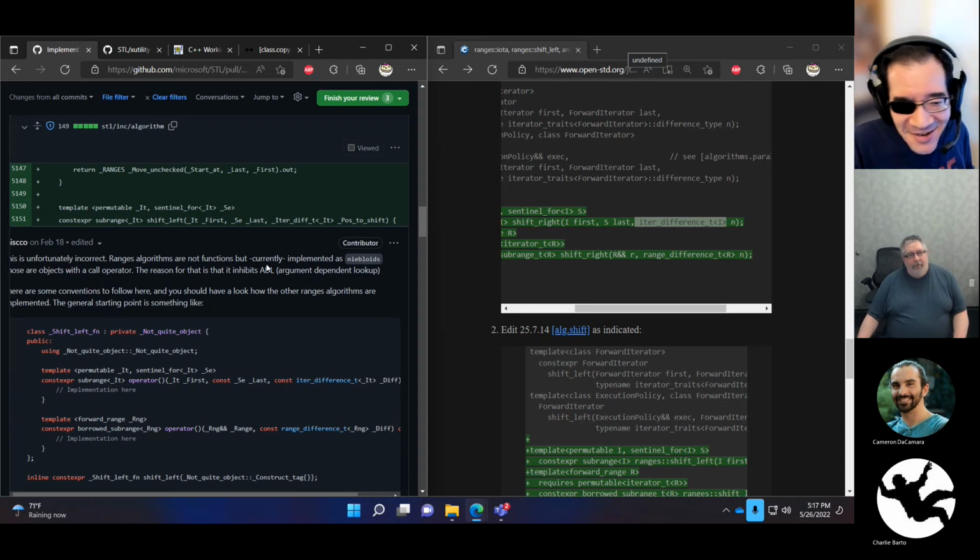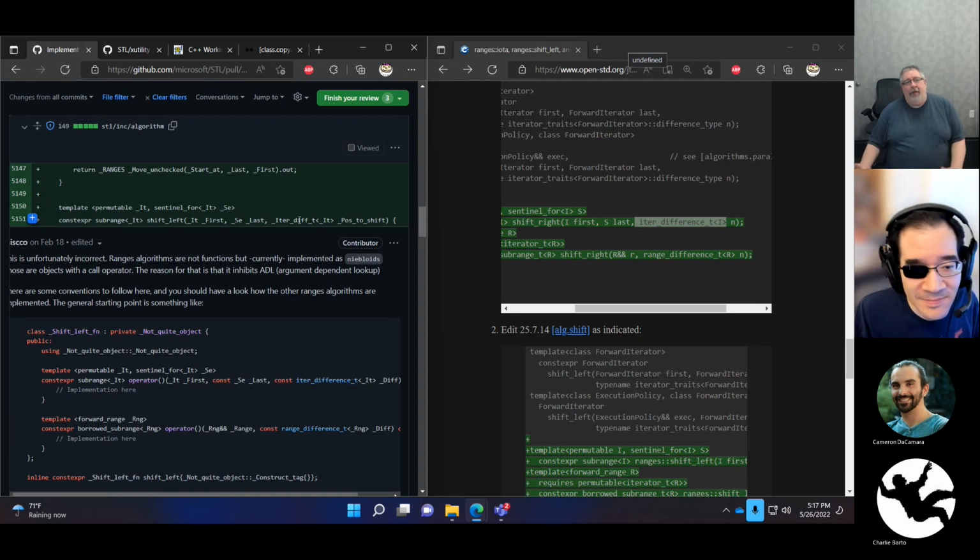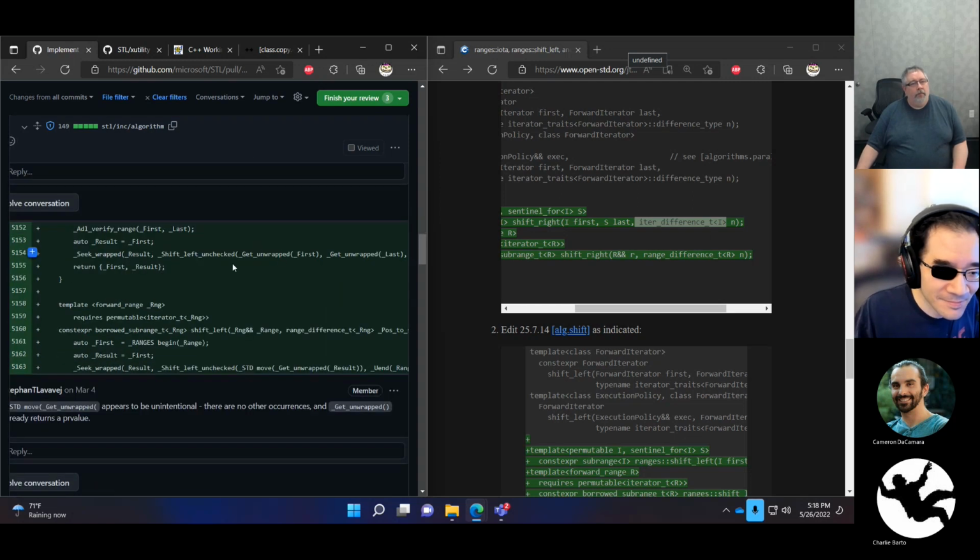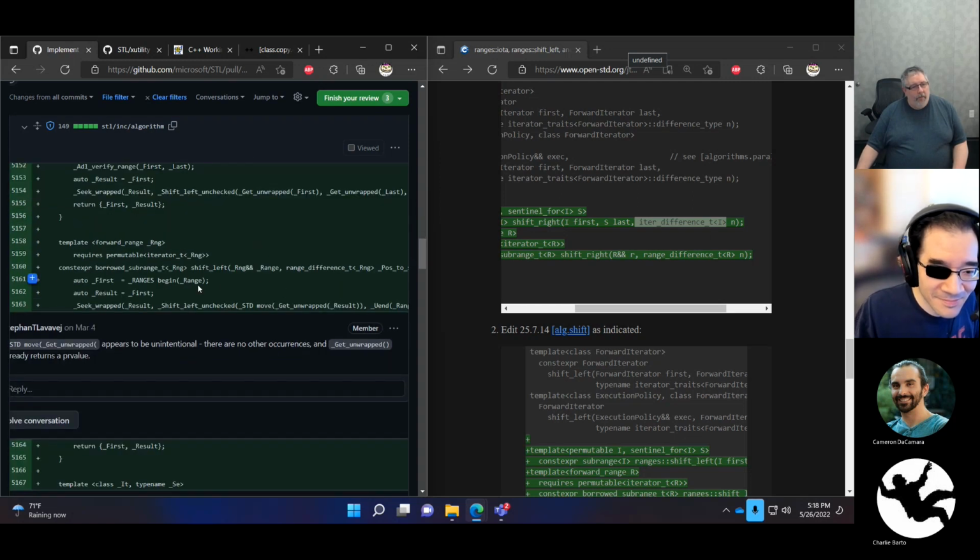But right, with iter difference t, I think if Miscco hadn't noticed, I probably would have said, yeah, I know what that does. That looks right. And wouldn't have realized, oh, we should just unconditionally use the standard one there. So I'm very glad he noticed it. It's correct, right? It would have been correct. Again, it does the same thing in C++20 mode. It's just a readability problem only. Anyway, let's look at the other